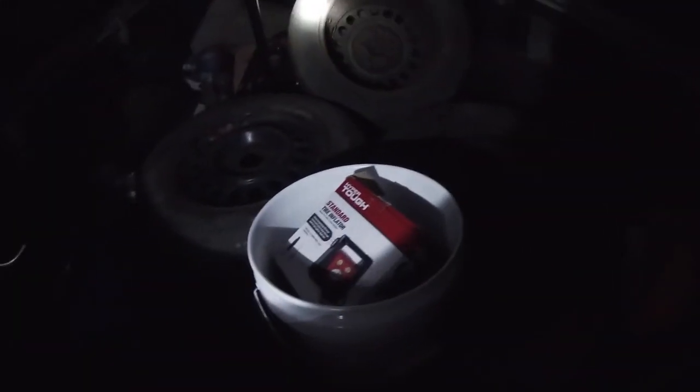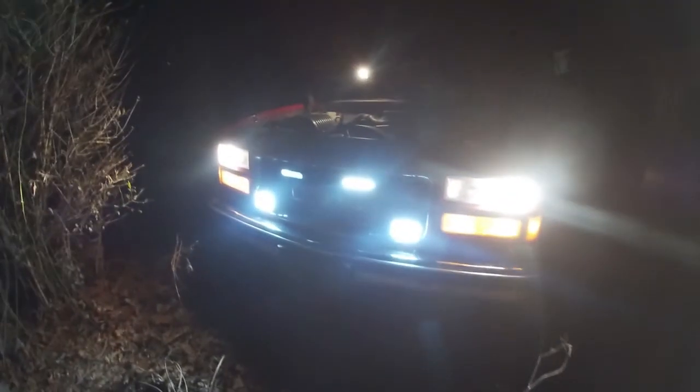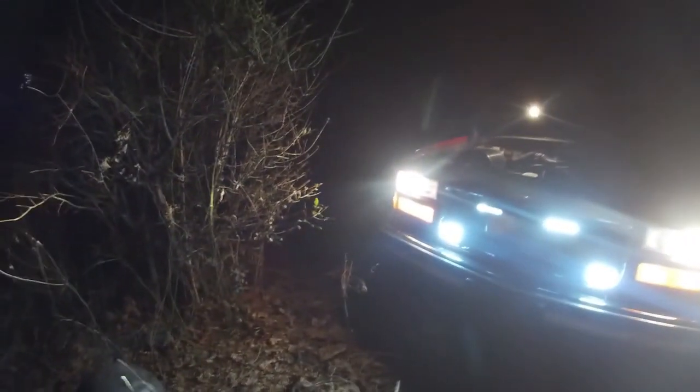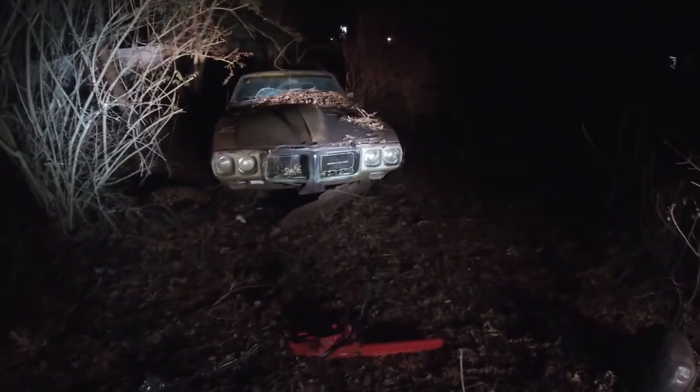Alright, we got our bucket full of tools. We got our spare tires laying all over the place. And yeah, let's see if I can get this truck out of here. What am I saying? No idea what I'm saying. Oh, there's Big Red doing big red things. Oh, look at that. Don't she look sweet? Got all the lights on because tonight